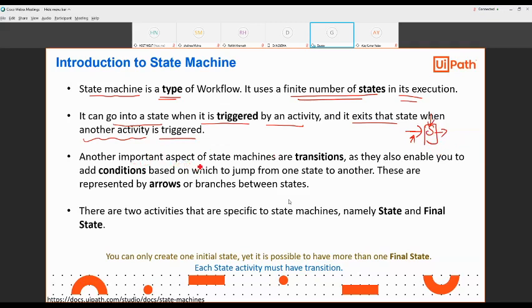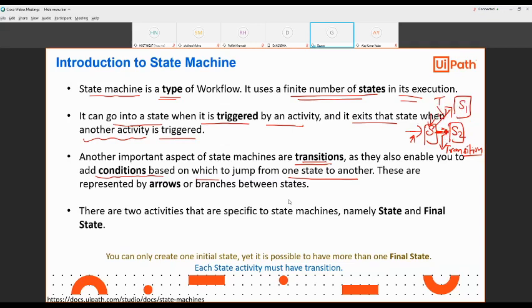Another important aspect of state machine is transition. How many conversions there are from one state to another state, S1 to S2, that is called transition. They also enable you to add conditions based on which to jump from one state to another. So you can say from S to S2 or from S to S1, both are possible.